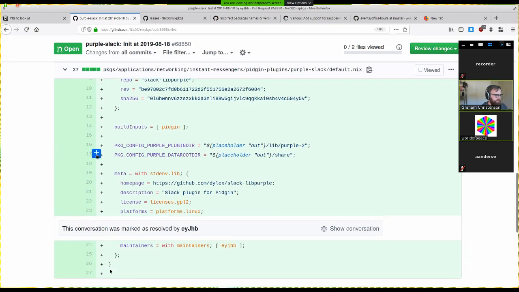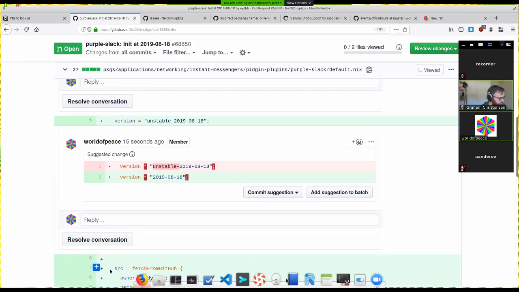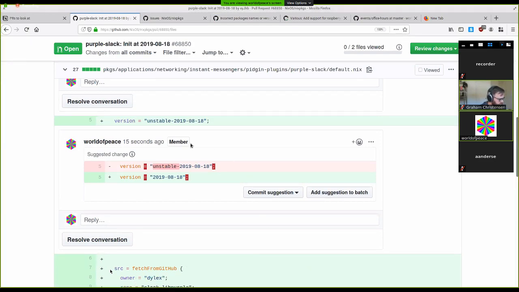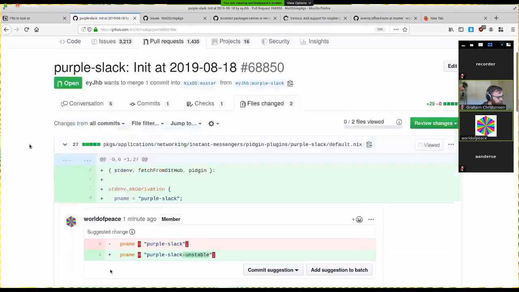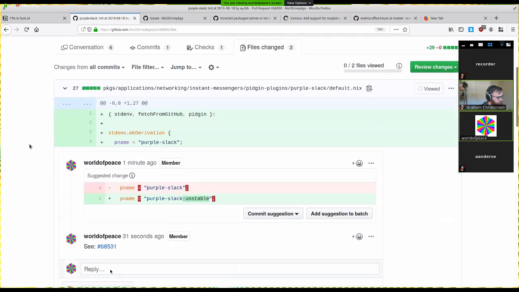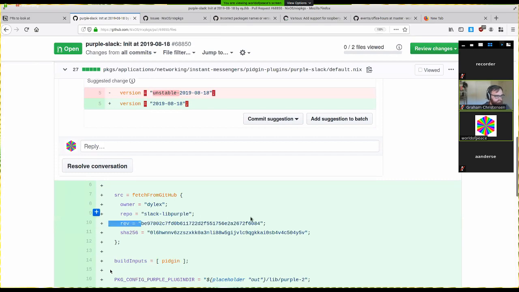Maybe for people who aren't so familiar, could you talk about what you're looking for? Okay, so the usual steps I take to review a PR. Oh, sorry, I had a message on Riot. So the usual things I look at on a PR that's just a simple packaging one is the version and the name, and I'm seeing that they're correct. I could check the revision, but I'm typically a bit too lazy to do that, to be honest.